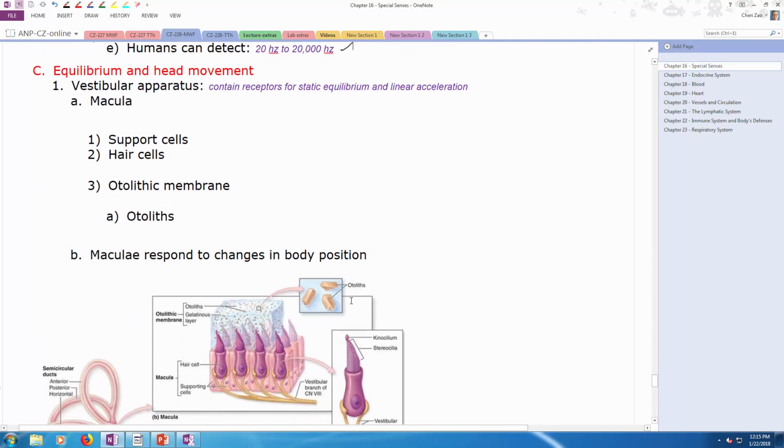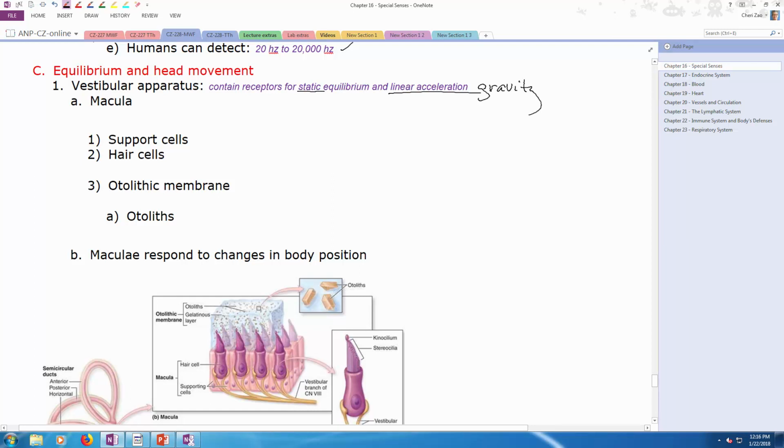Now we're going to go to equilibrium, where we have two areas of the inner ear responsible for that. That's the vestibular apparatus and also our semicircular canals. Let's take a look at the vestibular apparatus, which is right next to the cochlea. It contains receptors for, as I mentioned earlier, static equilibrium. And now I'm also going to let you know also for linear acceleration. And this is going to be all because of gravity